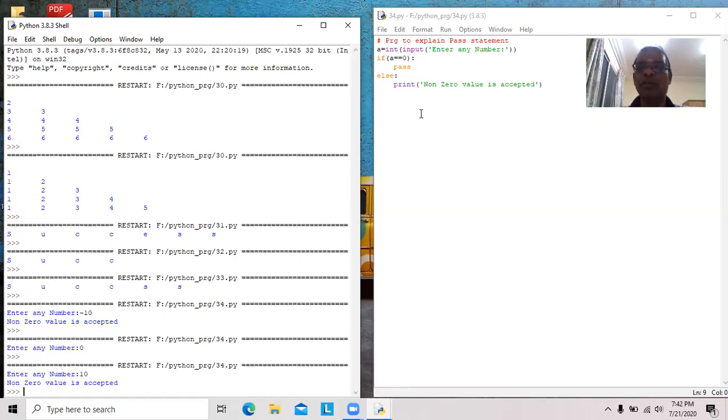In future, if you want to write one statement or one block of statements, for now it should be kept as an empty block. The problem is the Python interpreter does not allow an empty block, empty loop, or empty function. It gives an error if the program contains an empty block. In order to avoid this problem, we can use the pass statement. Okay, that is the difference between break, continue, and pass.